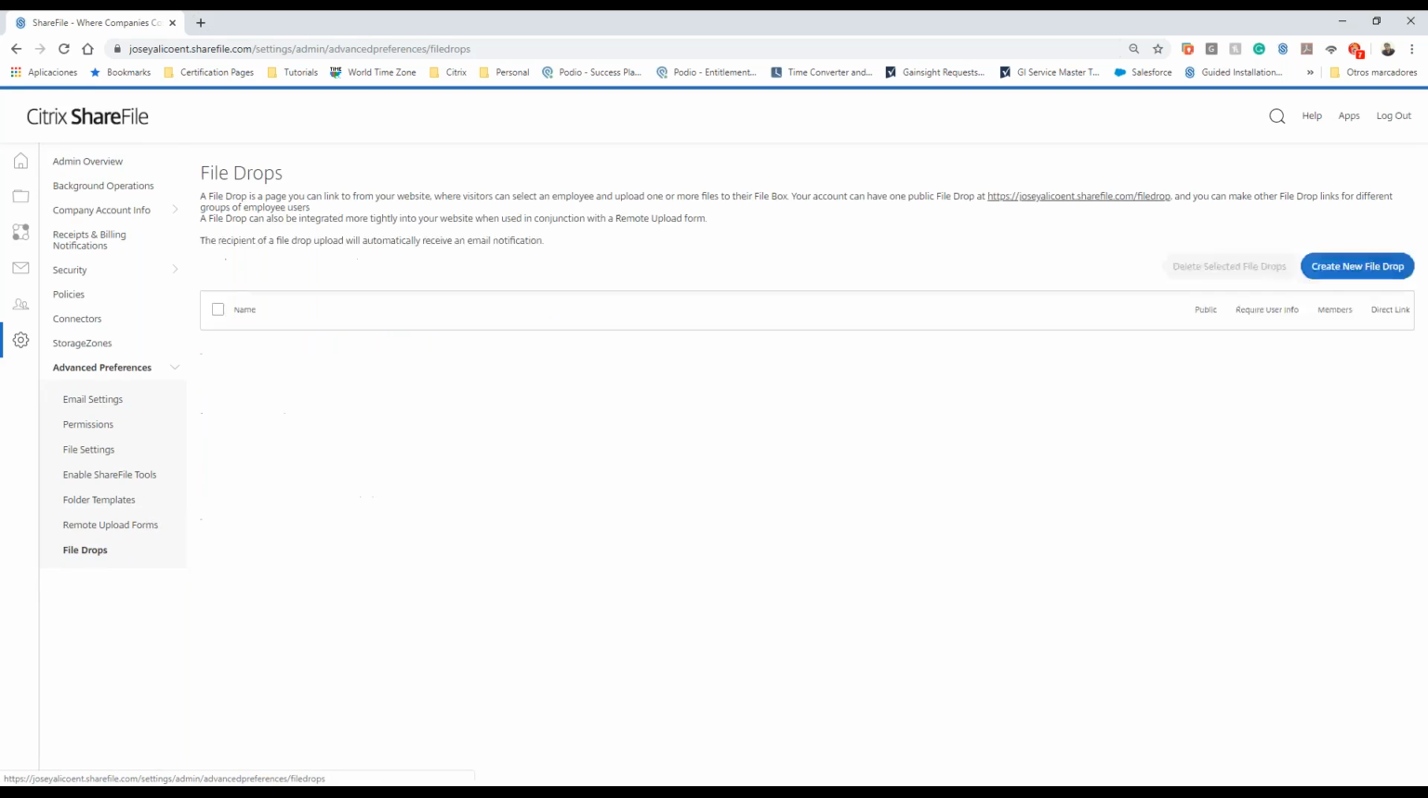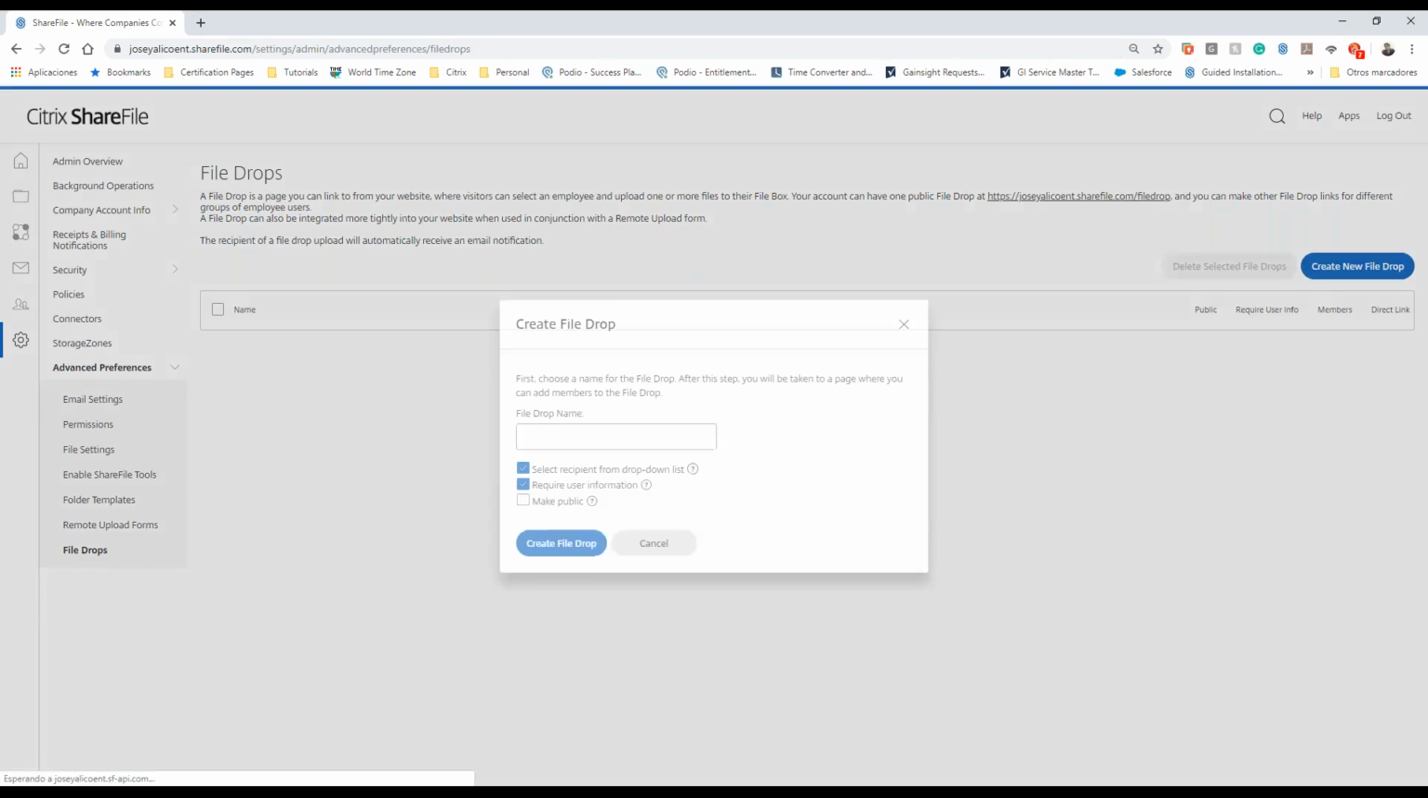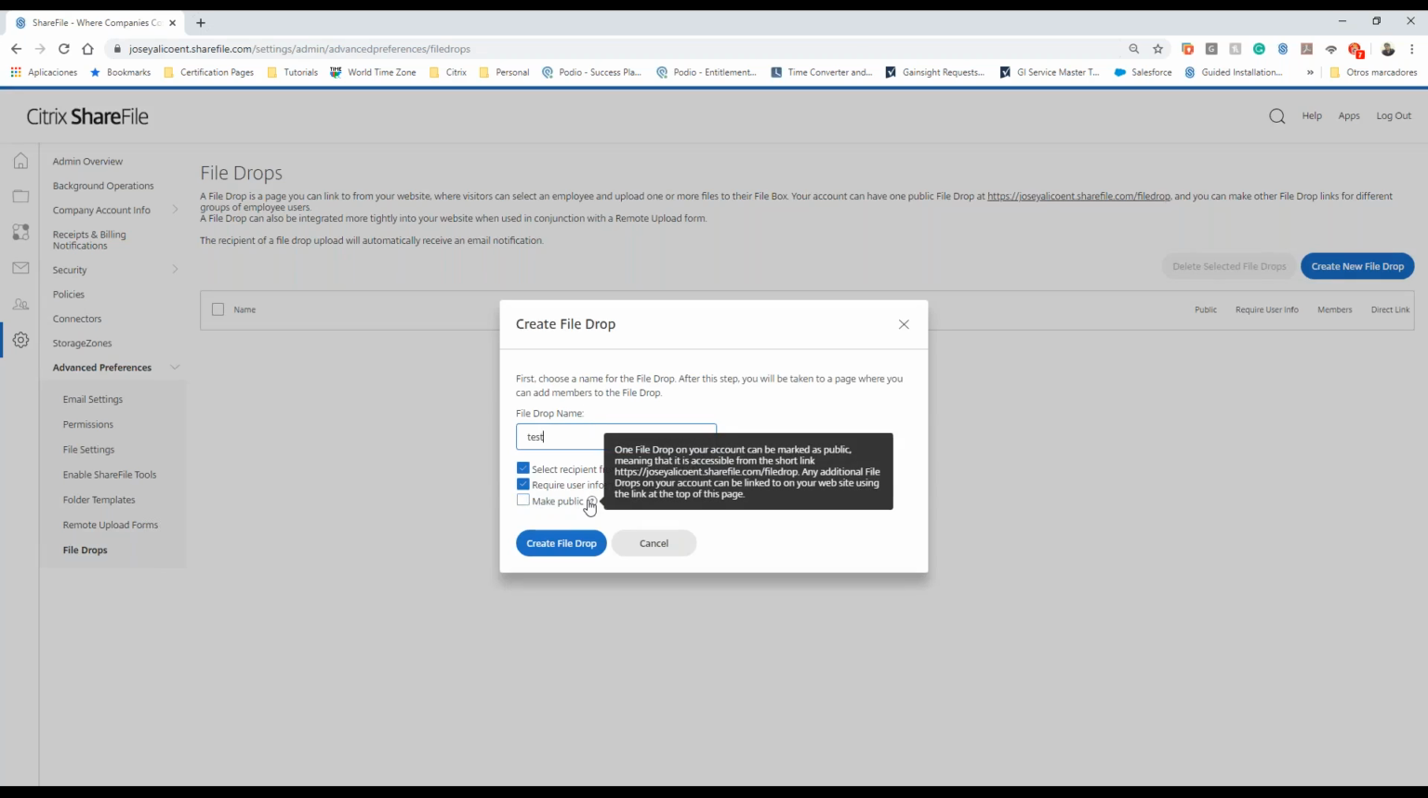There's a file drop menu over here, right? So the file drop is basically a page or a link that you can put into your website. So whenever a visitor goes to your website and clicks on that link, they will be able to pretty much pick or select where do they want to upload a file, or who do they want to upload a file to, right? So as an example, I'm going to create one here so you guys can see. This is going to be named test, right? If I want to make it public, so it's going to be a link that goes directly into my account, right? And it's going to be